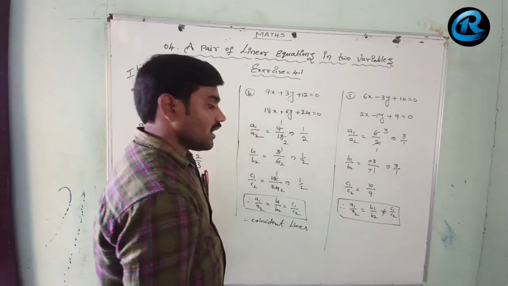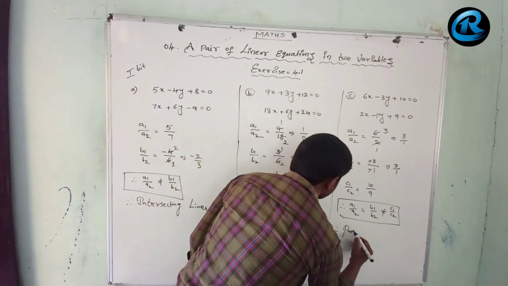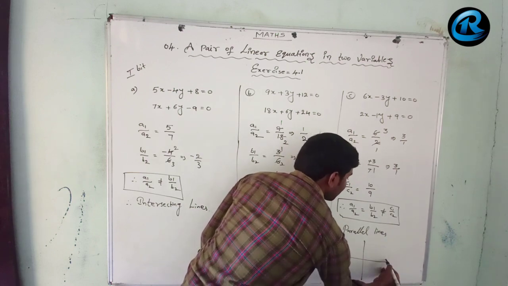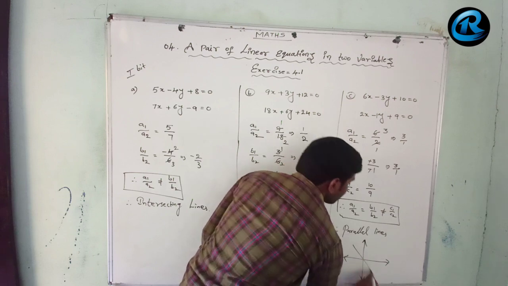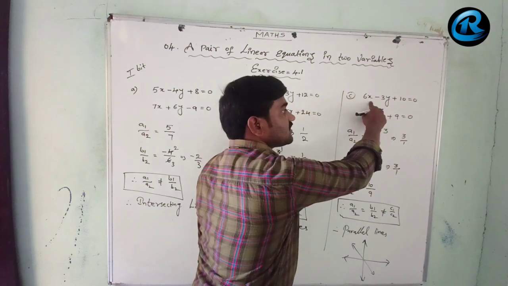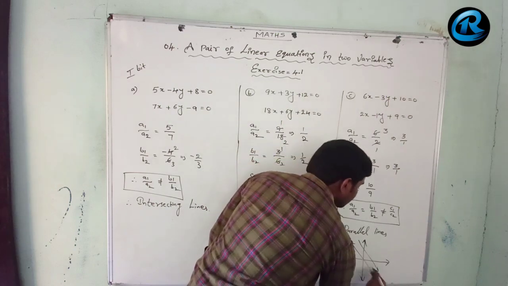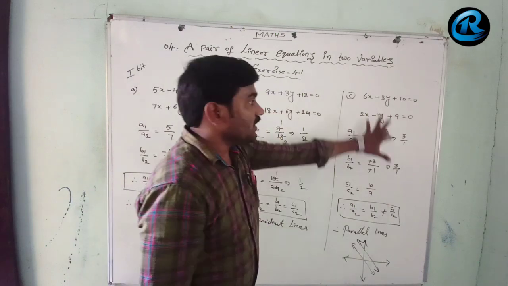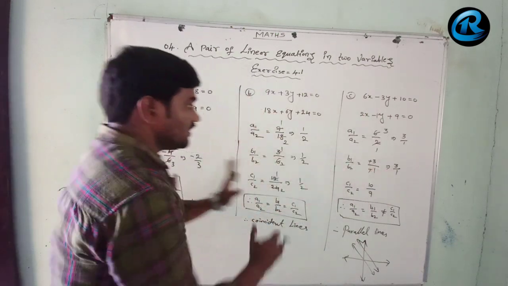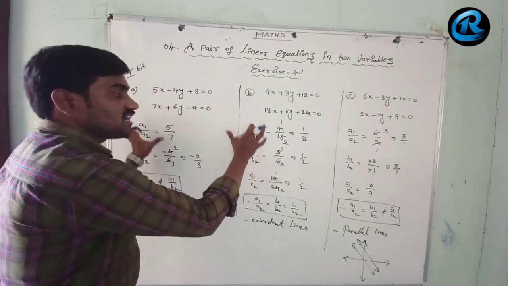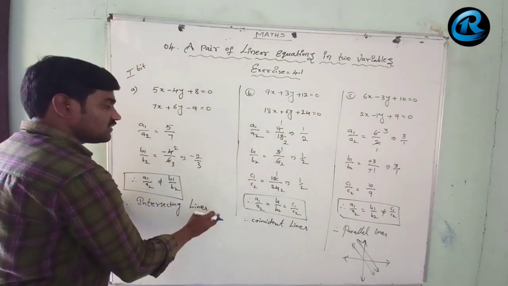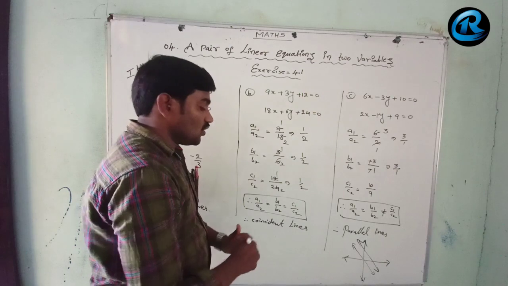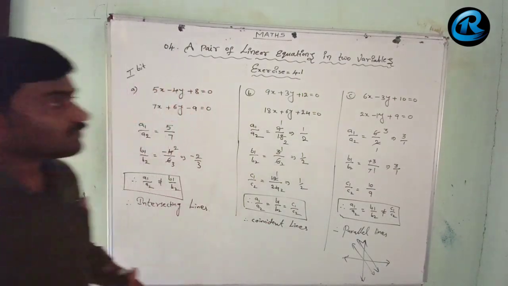Then we know that here we get parallel lines. What will be the representation of parallel lines? As we know clearly, one of these linear equations in two variables may graph like this, and the next one will graph like this. That means we get parallel lines. So they don't intersect, and here the solutions are inconsistent. In intersecting lines the solutions are consistent, and we can find the exact solution. In coincident lines every point is a solution.